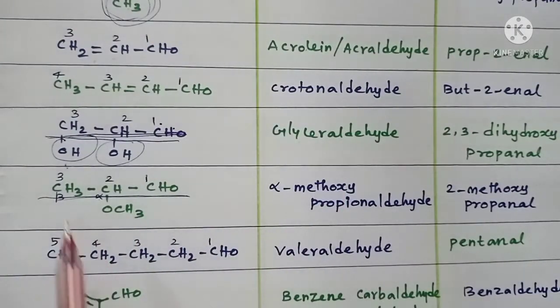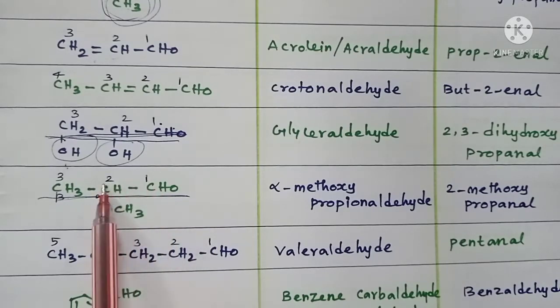Whereas IUPAC name, propionaldehyde is called propanal, isn't it? As usual, the methoxy group. So methoxypropanal, and the methoxy group is at the second carbon. See, while giving symbols alpha, beta, gamma, you have to start from the carbon attached to the function group. When you give numbering you have to start from the function group carbon itself. So this carbon gets number 1, this is 2. So methoxy at second carbon. So it's called 2-methoxypropanal. Okay, right.